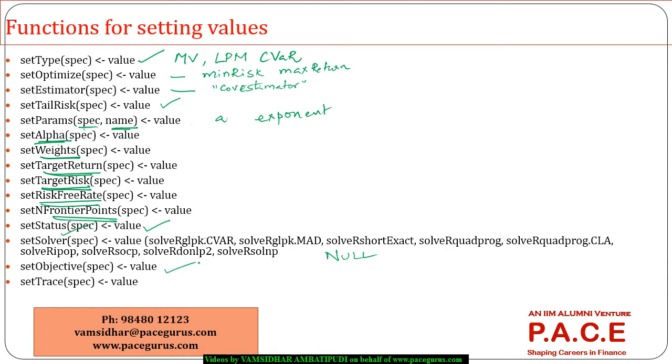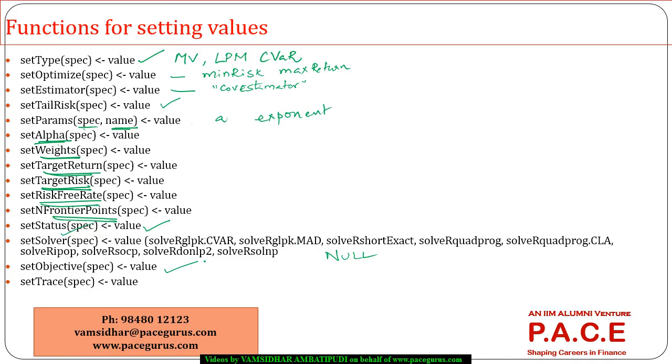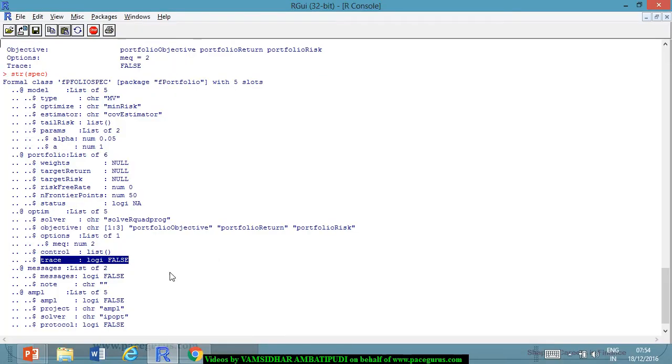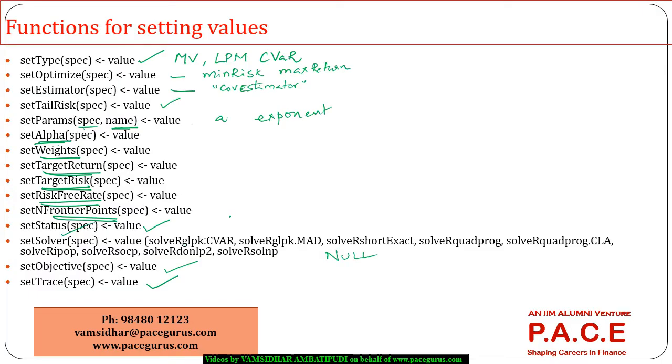The objective, right, I can set, now that we have seen that the objectives are three: portfolio objective, portfolio return, portfolio risk. And finally, I can even set the trace to either true or false. So these are some of the settings that I can do, right? We'll do a few of them for working with our current portfolios. We'll create 4 or 5 specifications altogether,